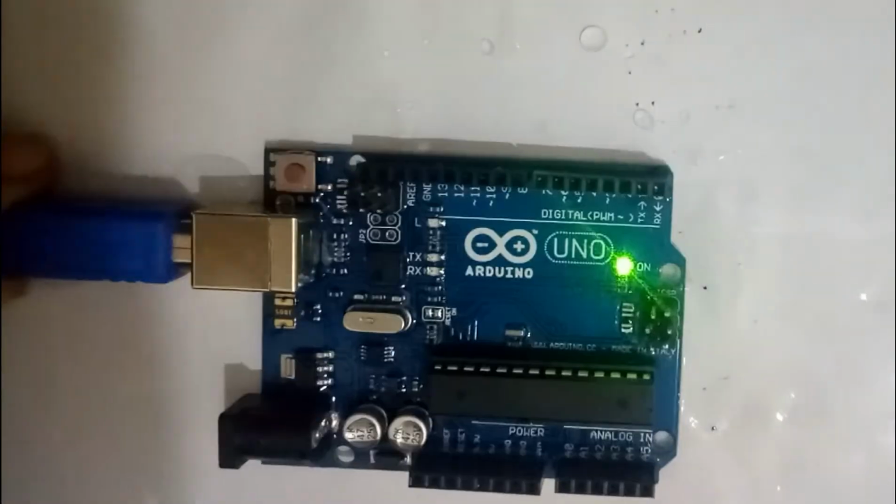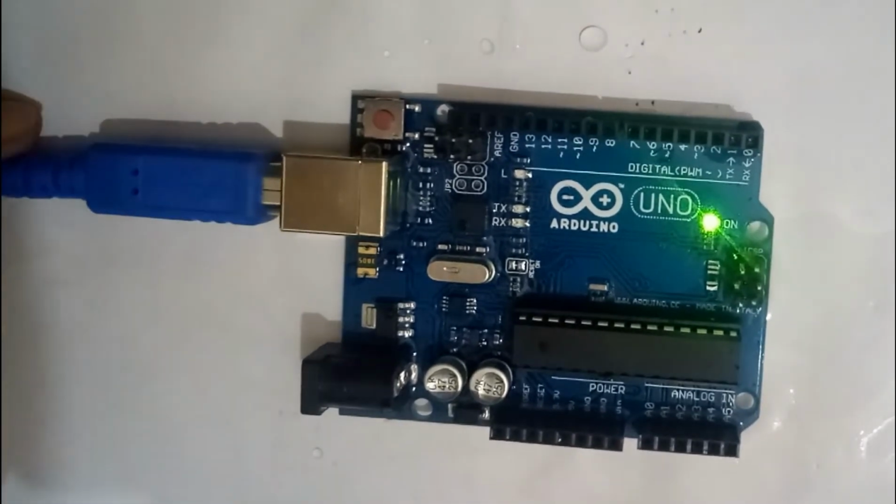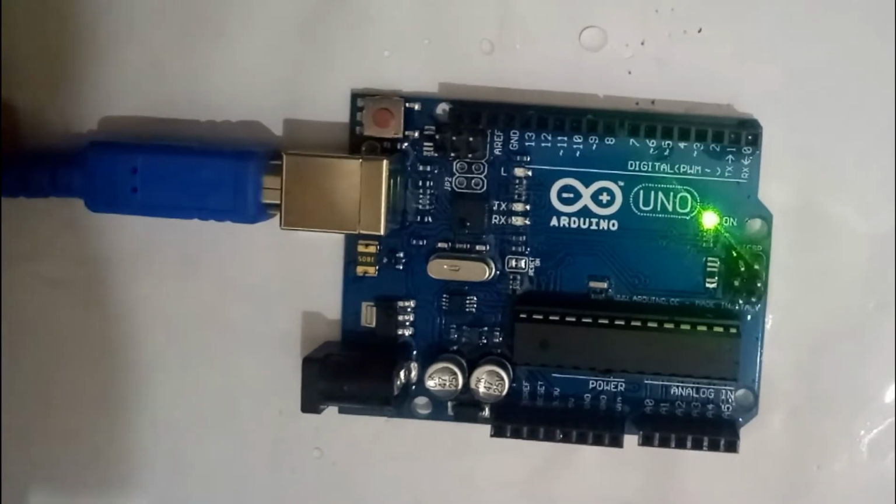So, pretty bad thing, right? But you know what? This is not yet the worst thing that could happen with your Arduino. The worst thing is something so simple, and most people are like,